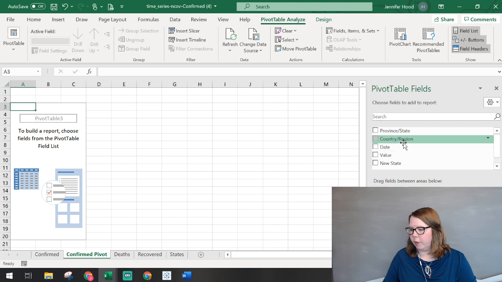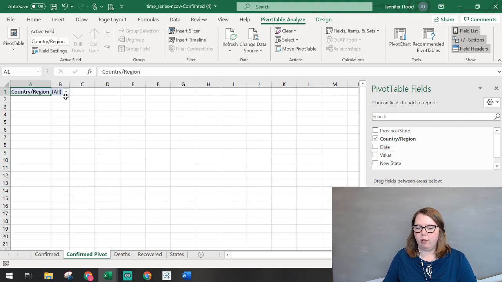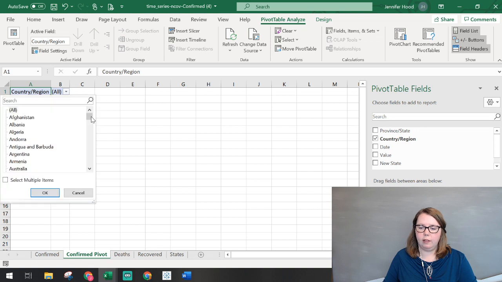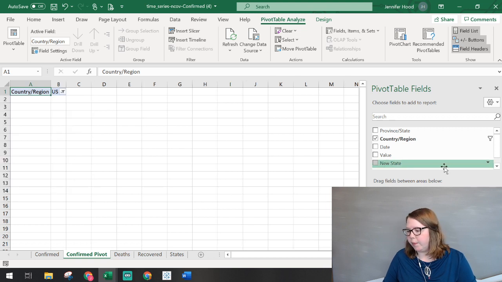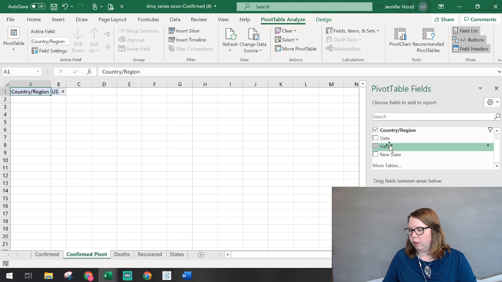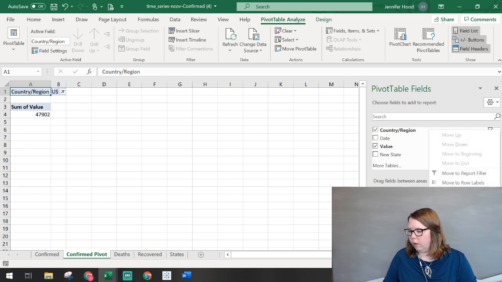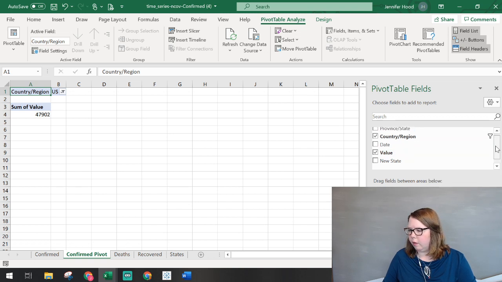So I'm going to start by putting a filter on the whole table at country region level. And I'm going to go ahead and select US. You wouldn't have to go ahead and select now, you could wait, but I already know I'm going to filter on that. Then in terms of our values, we want the value field from the file. And it automatically goes to sum. We want to leave it as that, I believe.